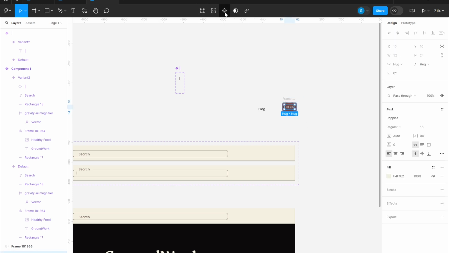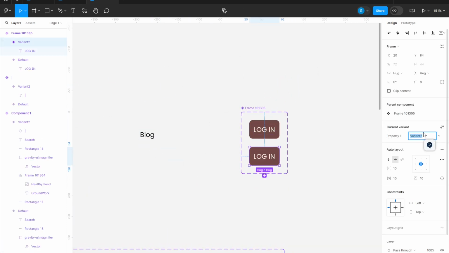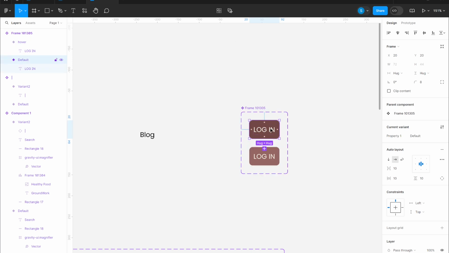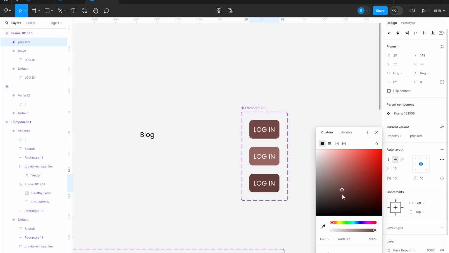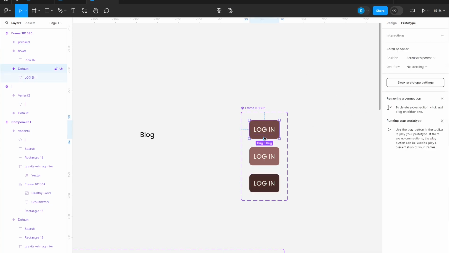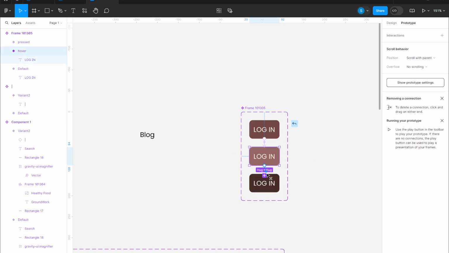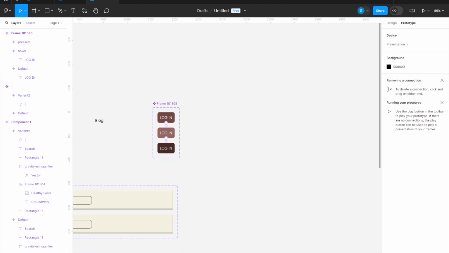We add a second variant that we rename hover, and that precisely we're going to use for when the mouse cursor is hovering about the button, and we're going to assign it slightly lighter color. While to the third variant pressed, then we assign an even darker color than the first button. Then we link everything in the prototype section, the first one to the second one, with the options change to while hovering and instant, the second one to the third one, with the options change to while pressing this time,